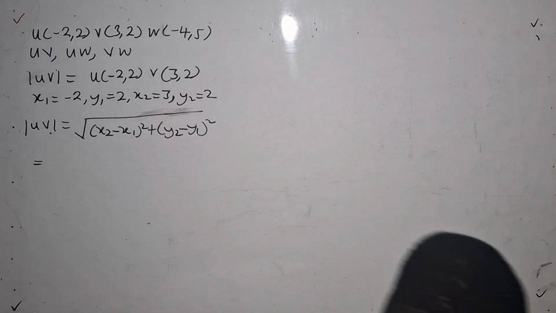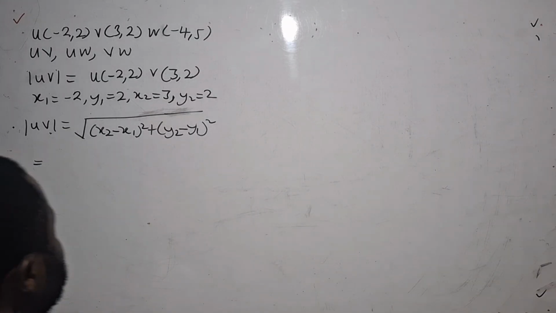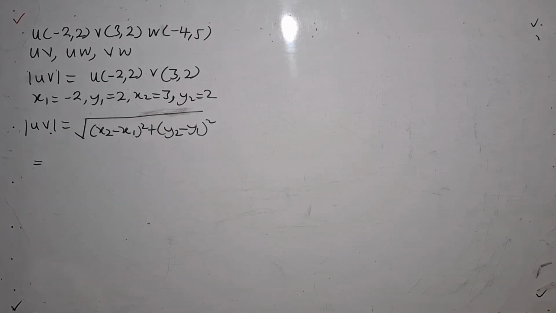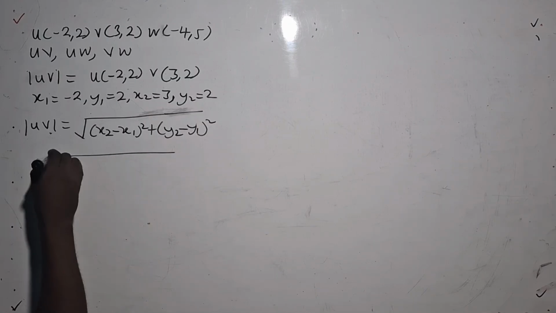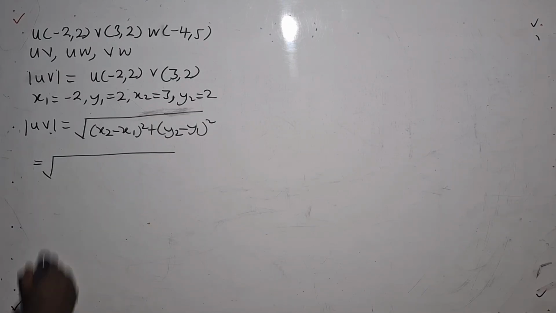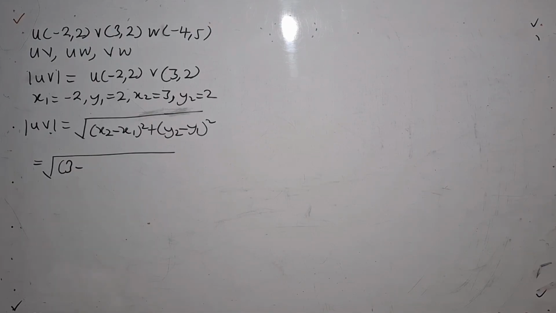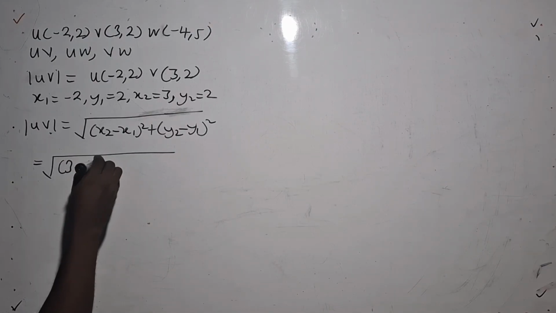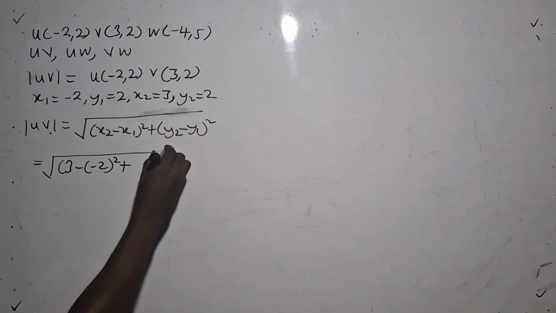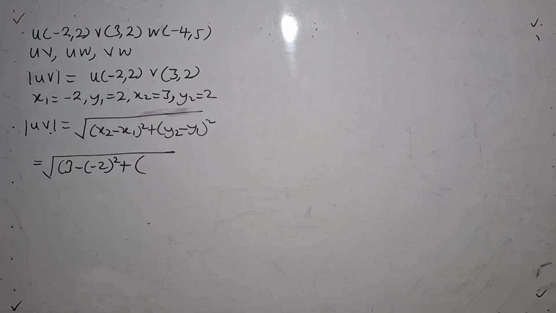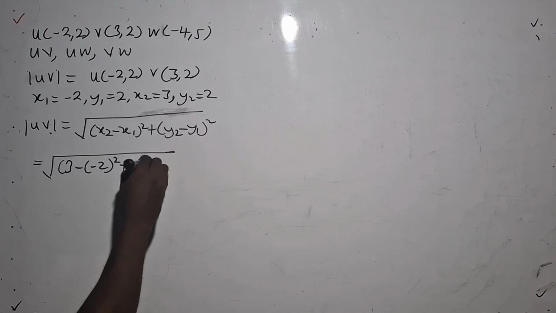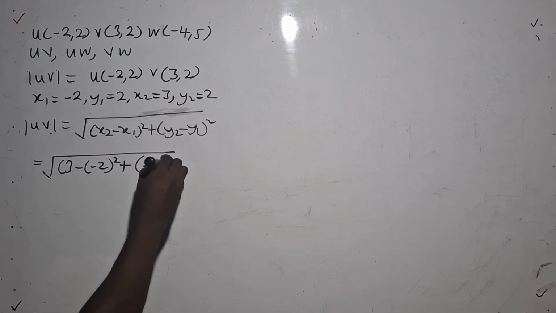So you follow closely. So now what is our x2? Now our x2 is 3 minus our x1, negative 2, squared, plus y2 is 2 minus y1 is also 2